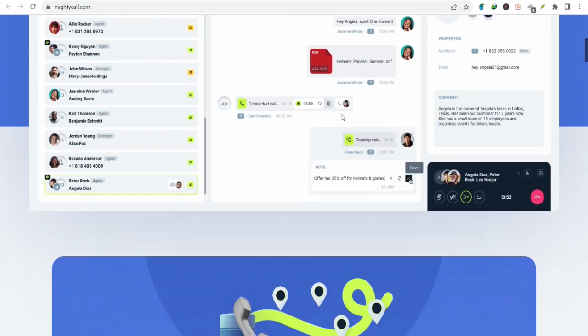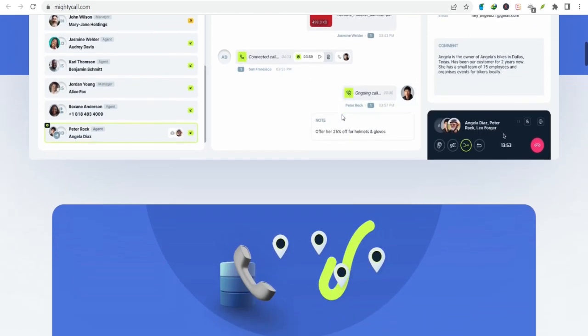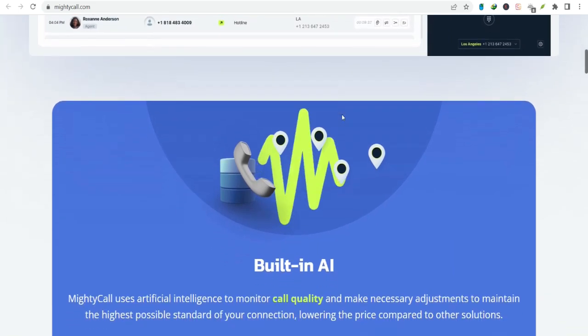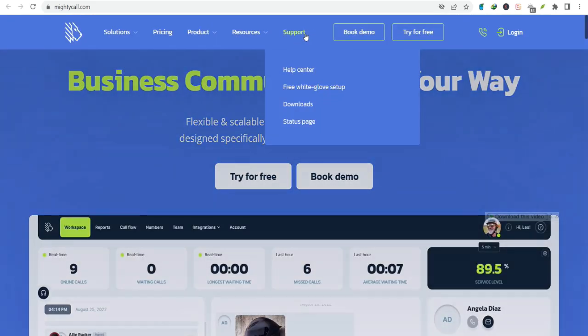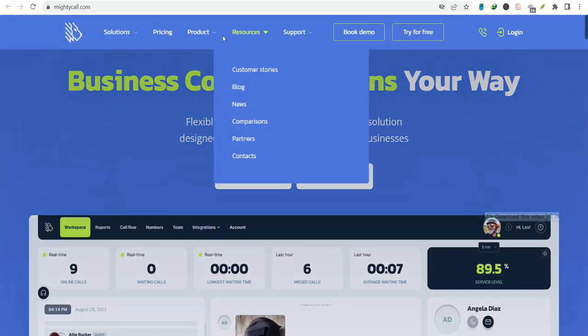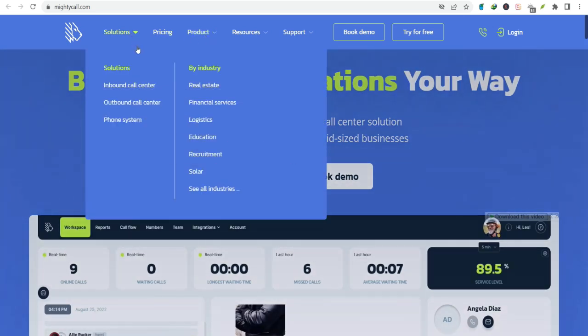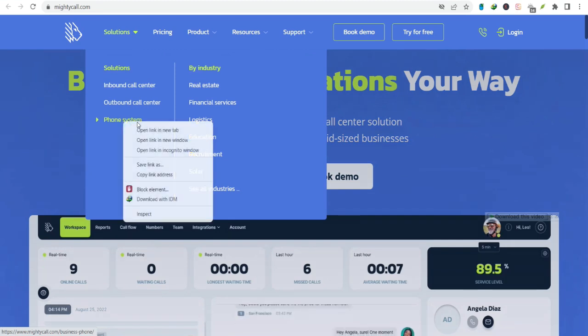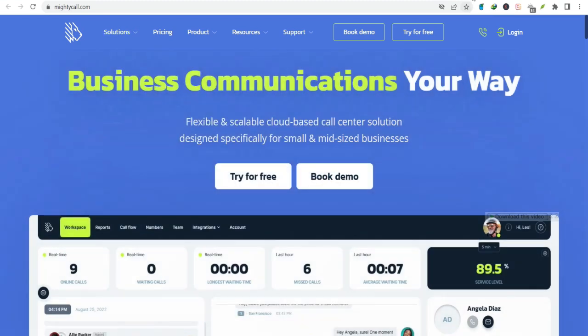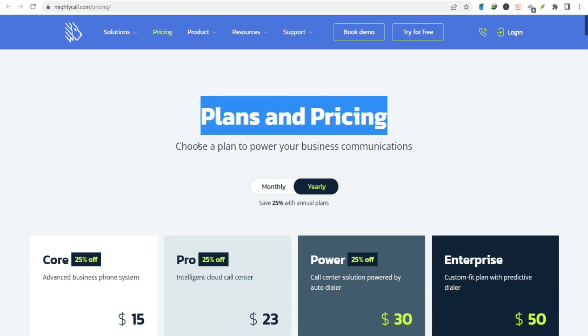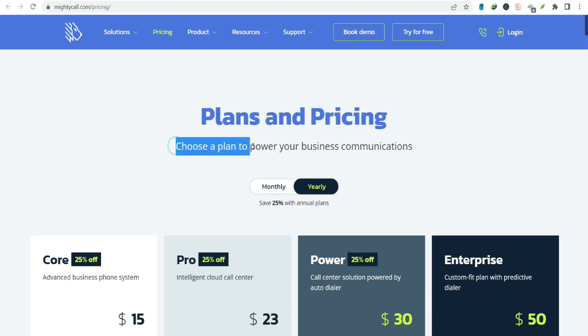So, you're probably wondering, how do I set up this voicemail magic? Good question. Let's break it down. First off, you need to log in to your MightyCall dashboard. Picture it as the control center for your call universe. Once you're in, navigate to the call flow section. Think of this as the roadmap for your incoming calls. Here, you can decide what happens when the phone rings, whether it's forwarded, sent to voicemail, or answered by a